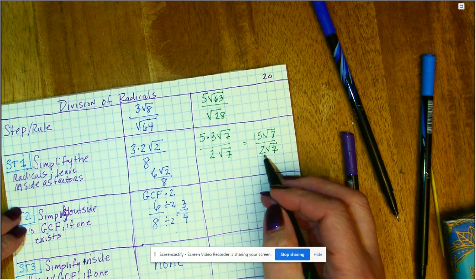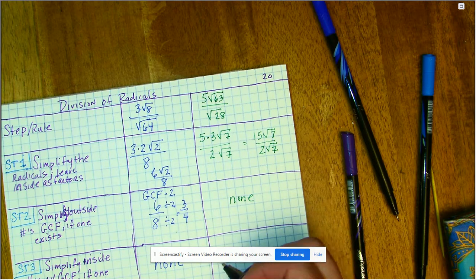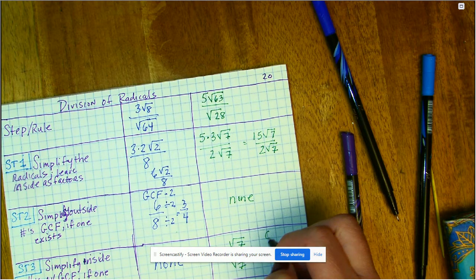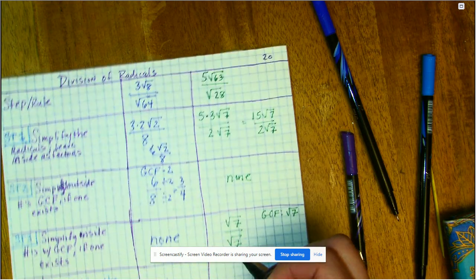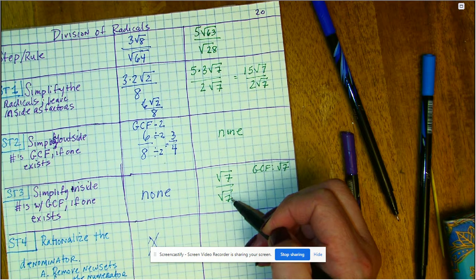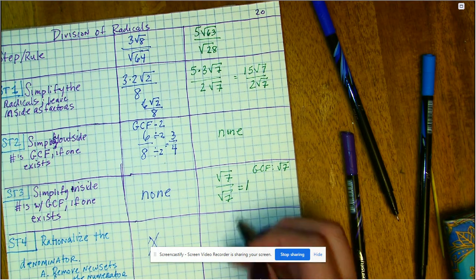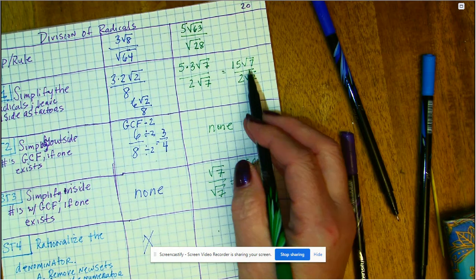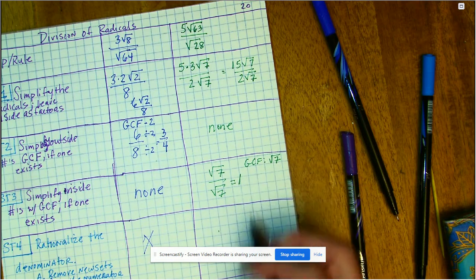So outside numbers 15 and 2, there's none. They don't have a GCF. Inside, I have radical 7 over radical 7. So my GCF is radical 7, because any number divided by itself is equal to 1, right? 2 divided by 2 is 1. X divided by X is 1. So 7 divided by 7 is 1. So on top, I have 15, 15 over 2. And then if I multiply that by 1, anything multiplied by 1 is itself. So I'm left with just 15